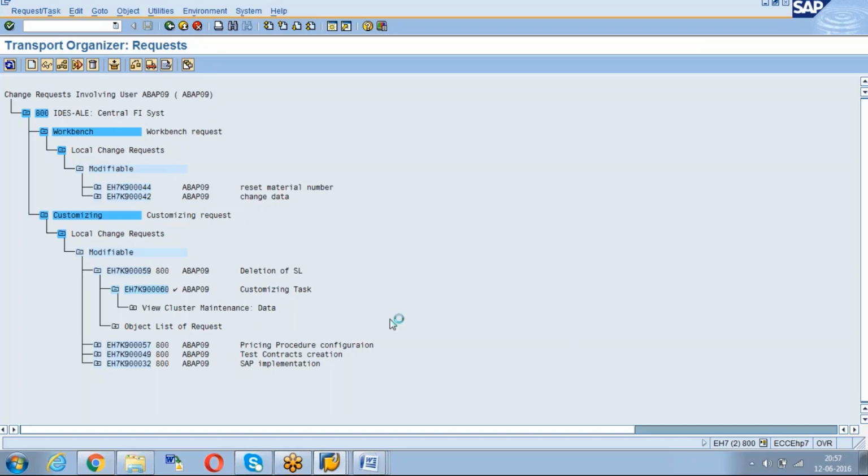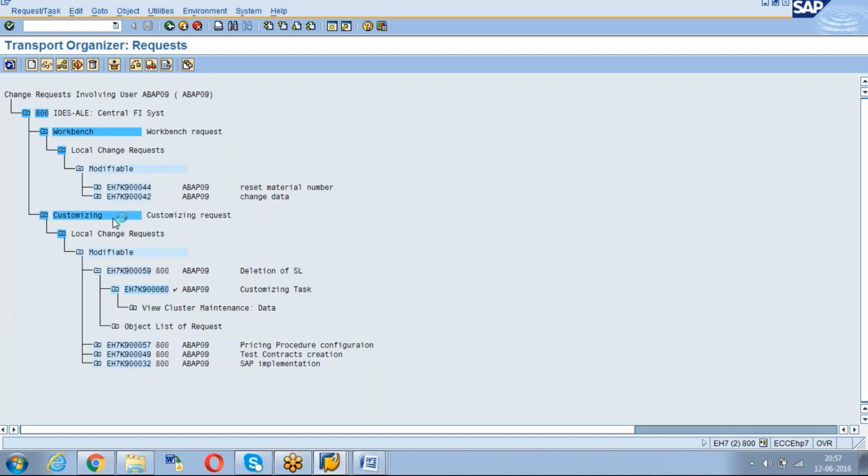Still it is releasing. Here we can see modifiable, and if it is released, you will get the release. And the customizing and workbench, I have already explained earlier, but I'm just giving you an overview. The customizing transport request will be all kinds of configuration. 90% of our configurations will come under customizing.